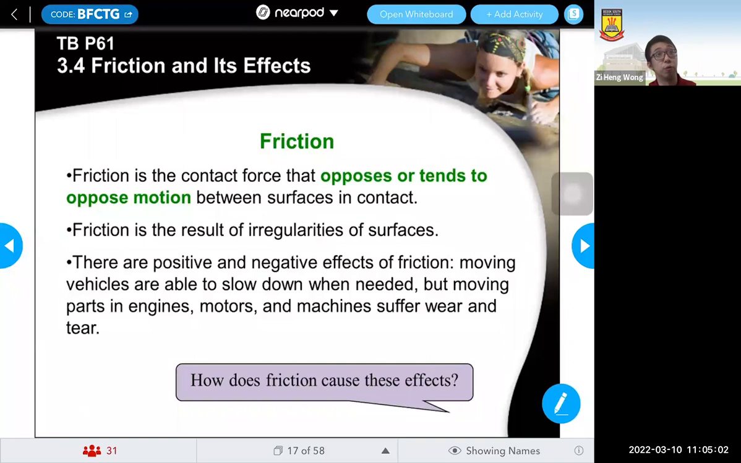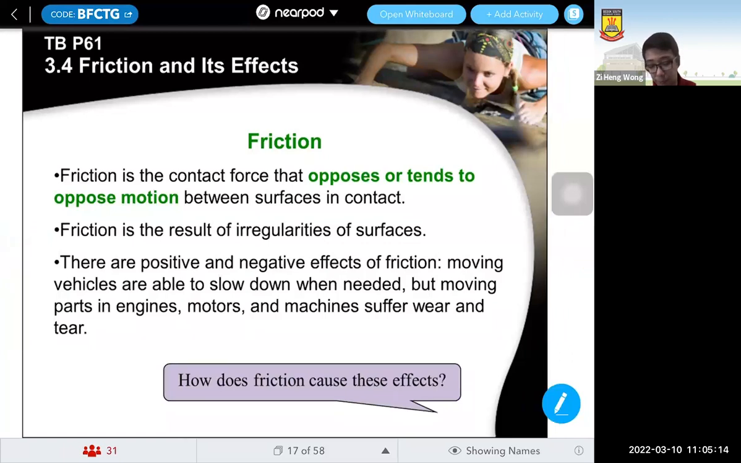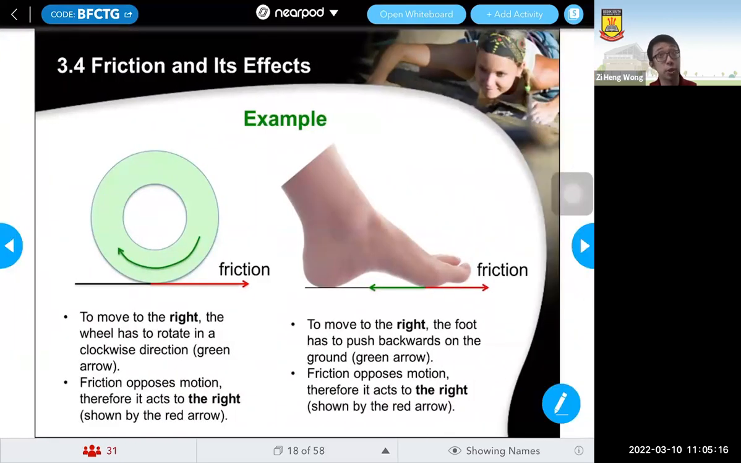Okay, if there's no friction, you go on the vehicle, you cannot brake, you cannot slow down. But also, moving parts in the engines suffer wear and tear because of friction, and they need to be replaced. Okay, so to understand the concept of friction, this is a very important concept